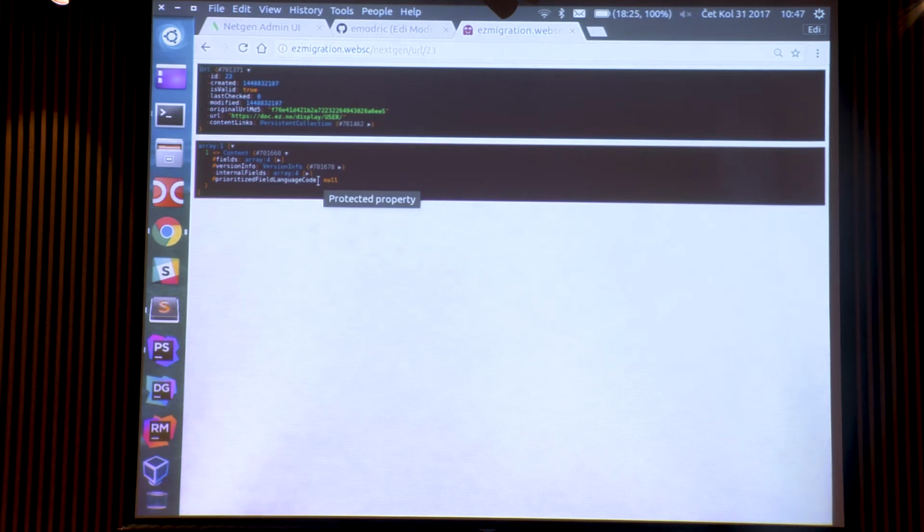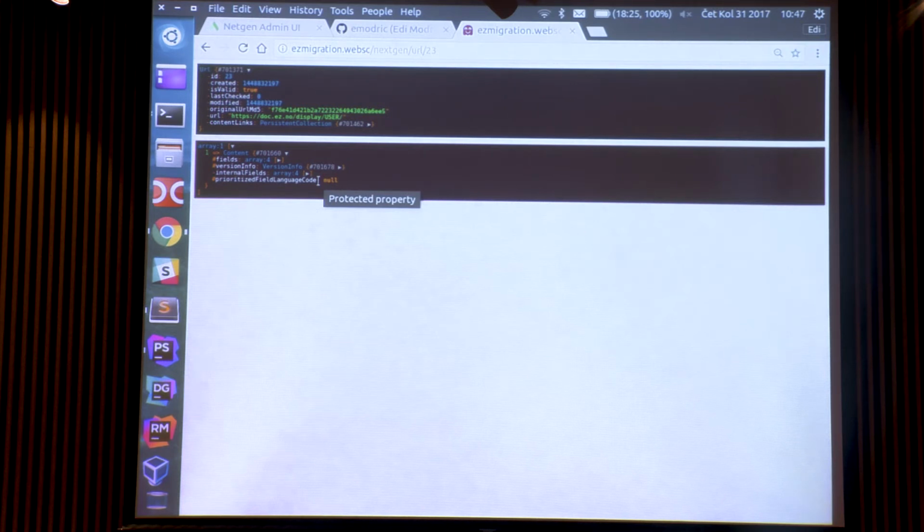So we basically took the page layout of the legacy admin interface, rewritten it in the Twig templates, with added bits and pieces of the legacy that we didn't manage to re-implement. But the whole point of Netgen Admin UI is that it's running in the legacy mode false